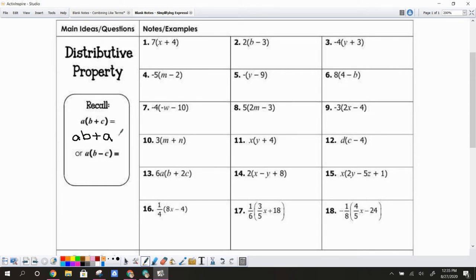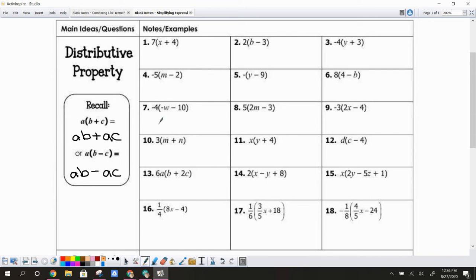plus A times C. Now if you have A on the outside with B minus C on the inside of the parentheses, that's the same thing as saying A times B minus A times C. Okay, so that's just the distributive property. So these first 18 examples go over how to use the distributive property. So we're going to do a couple together, then a couple you're going to pause the video and try on